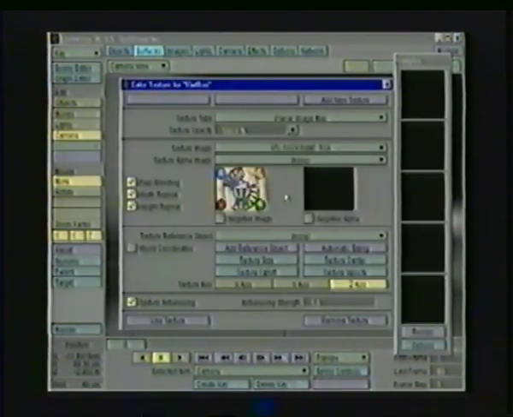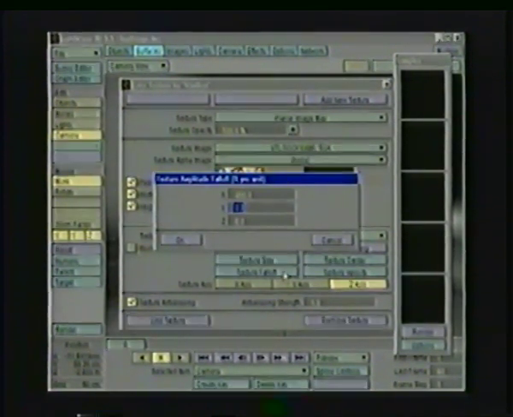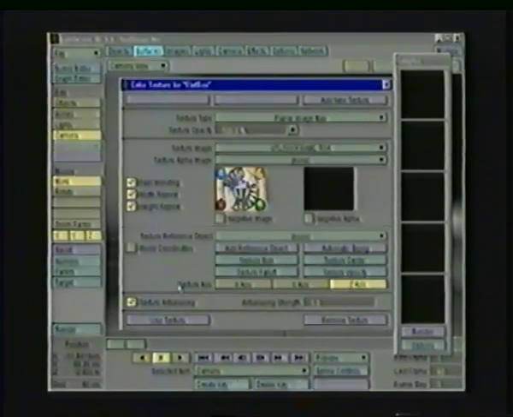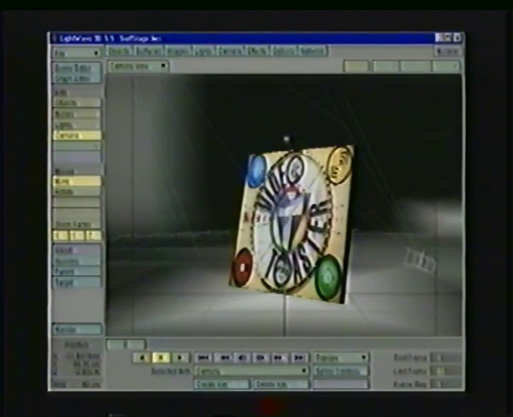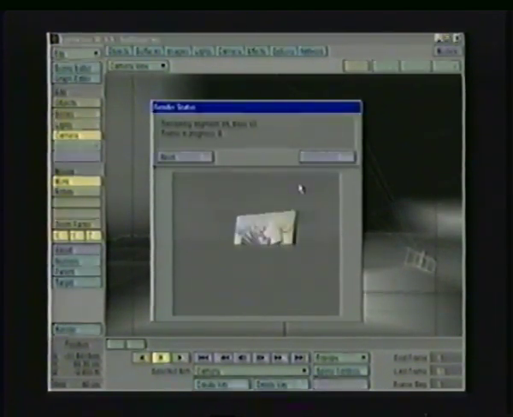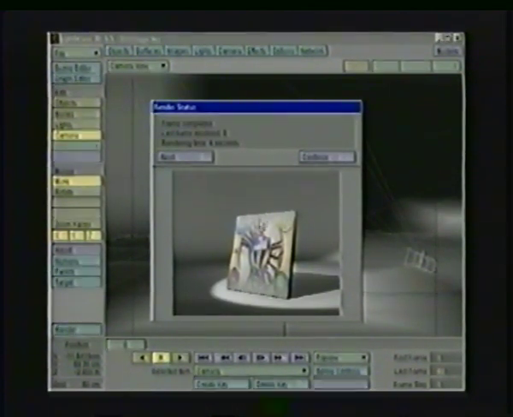We come in here, we say texture falloff, 200% X, 200% Y. Let's just set it on the Y for now so we can see it going up and down. And you notice in OpenGL, again, OpenGL can't show the texture falloff, so we have to make a render. And now you see, right here it's opaque, and as it hits the edge, it's become completely transparent, revealing the